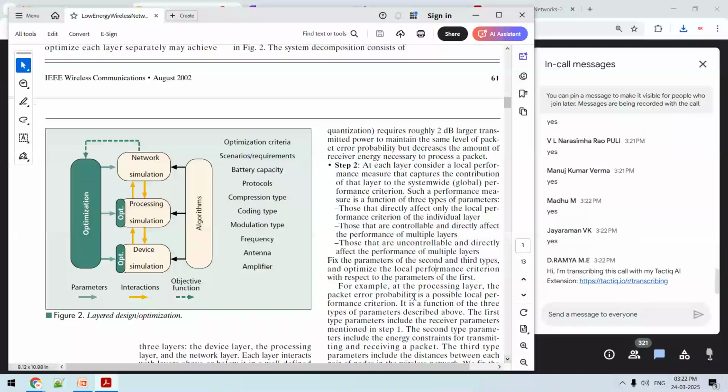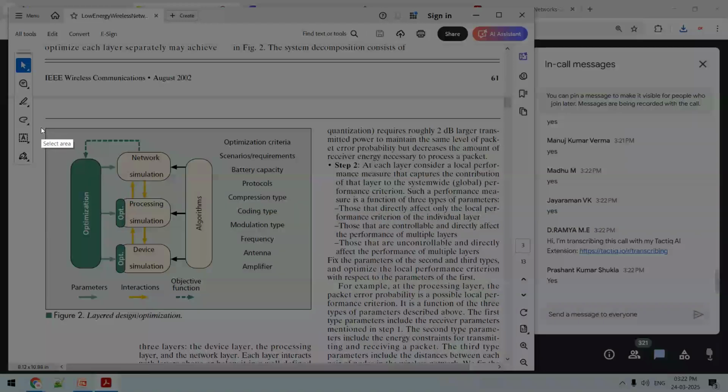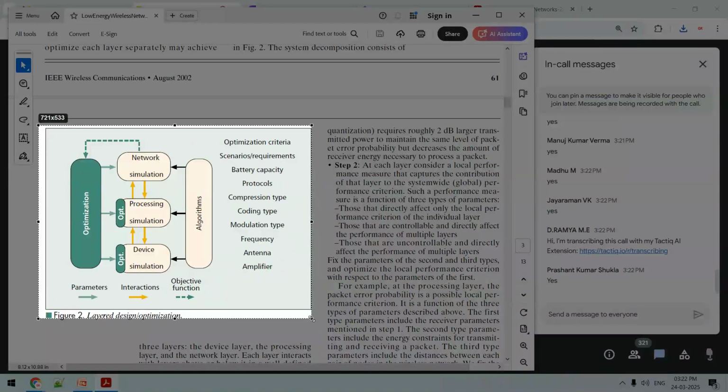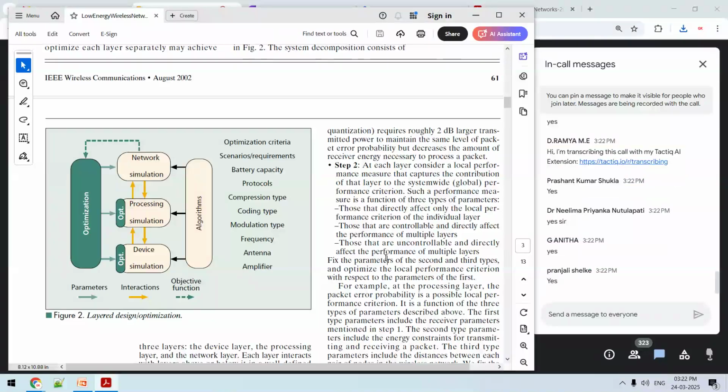At the left hand side you can see this diagram is available. Now I want to use this diagram. One way is that I take a screenshot of this diagram and give a reference of this research paper. I want to use this diagram in my paper or in my presentation. One way is that I take its screenshot and use it with reference. That is fine, no problem. It is not unethical. It is not illegal. We are giving proper reference. It is okay. But